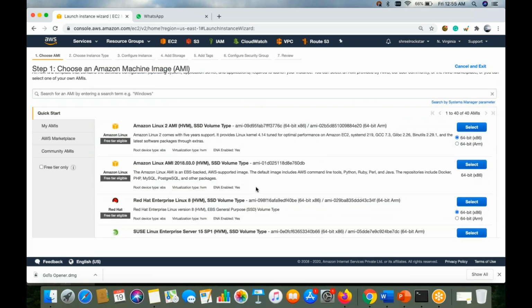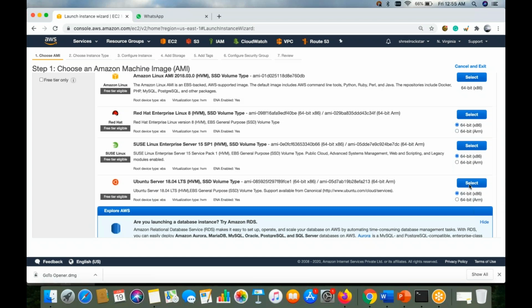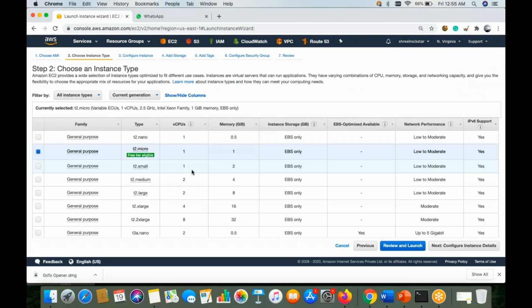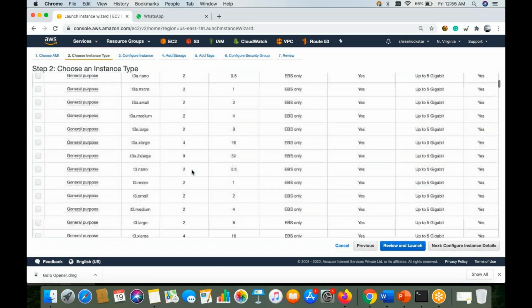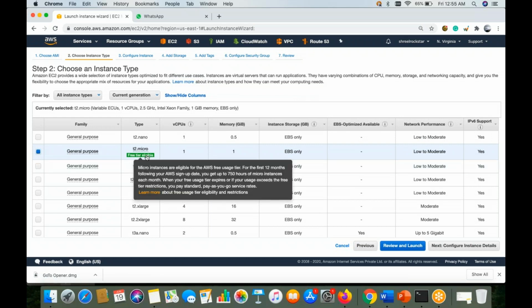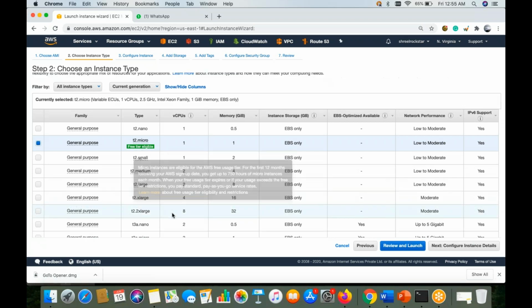So I'm selecting this Ubuntu 18 LTS, that is fine. Select. And then always remember guys, there are different types of generations available, which we look for in real time actually. But this time we always prefer the free tier eligible, which comes in green, and that will help with the process of utilization, as we have 750 hours and we are not going to be charged extra, just making sure. Okay, else just go through with the process.